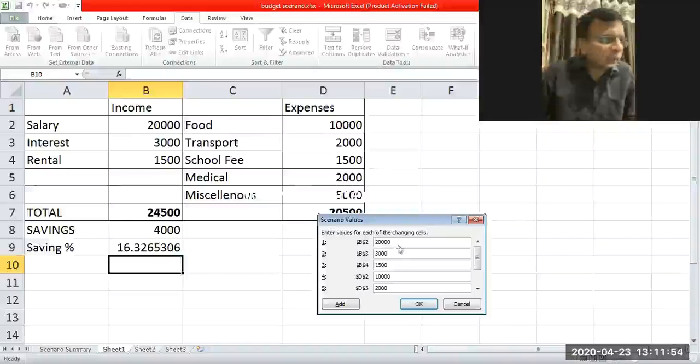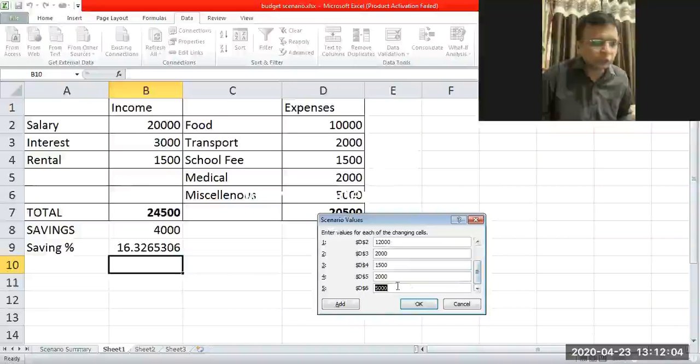So the salary side remains the same. Expenses side, the mother also wants to increase the grocery expenses. So maybe 10,000 to 12,000 rupees. And maybe transport, she doesn't want to reduce the money. She is ready to reduce the miscellaneous. Miscellaneous could be the hobby, movie going, restaurant and other things. So she's ready to compromise on that.